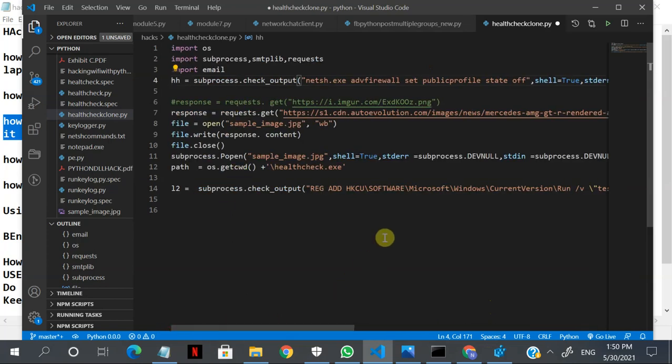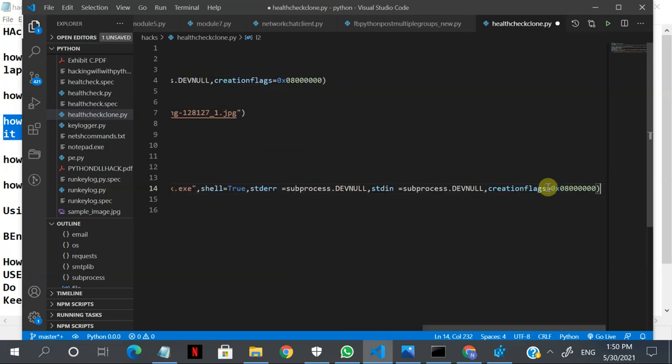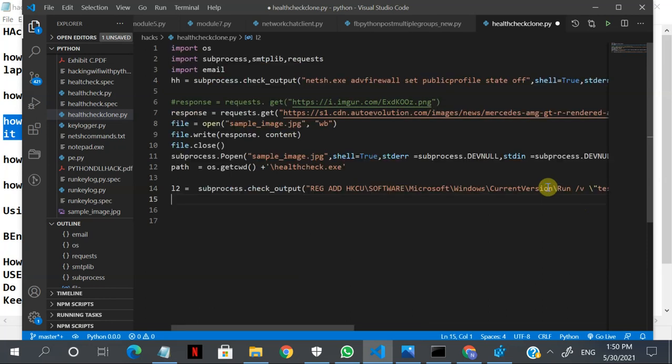Okay, so let's come back here. What we have done so far is we have disabled the Windows firewall. We have downloaded a JPG and written it to a file, and we have opened that file in front of the user, whereas in the background it has created an entry for this exe file in the registry. So continuing,